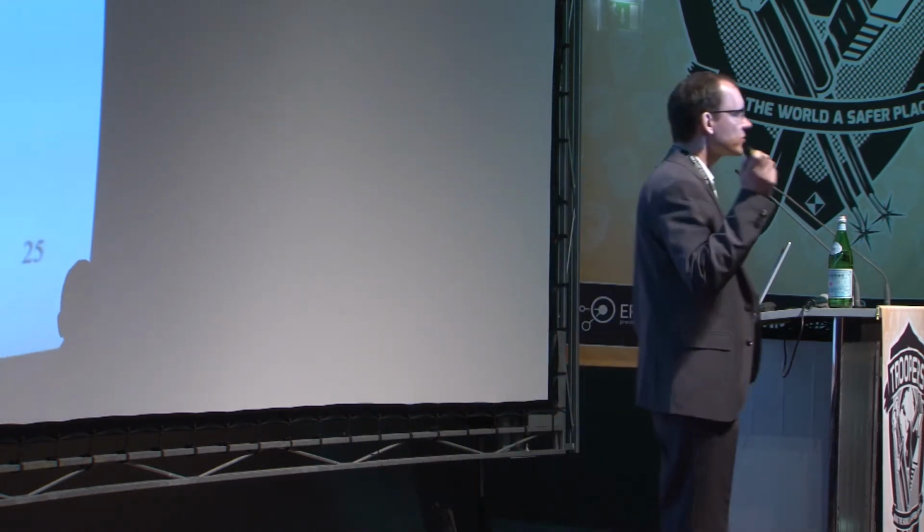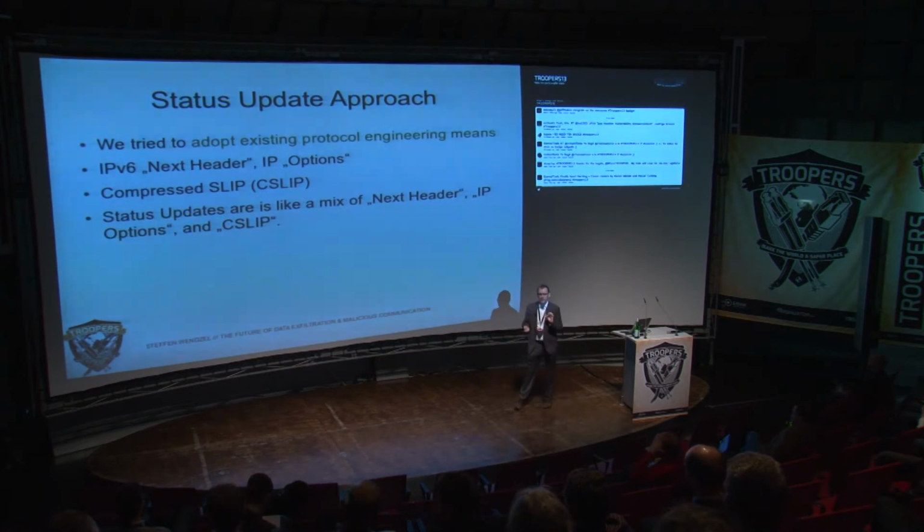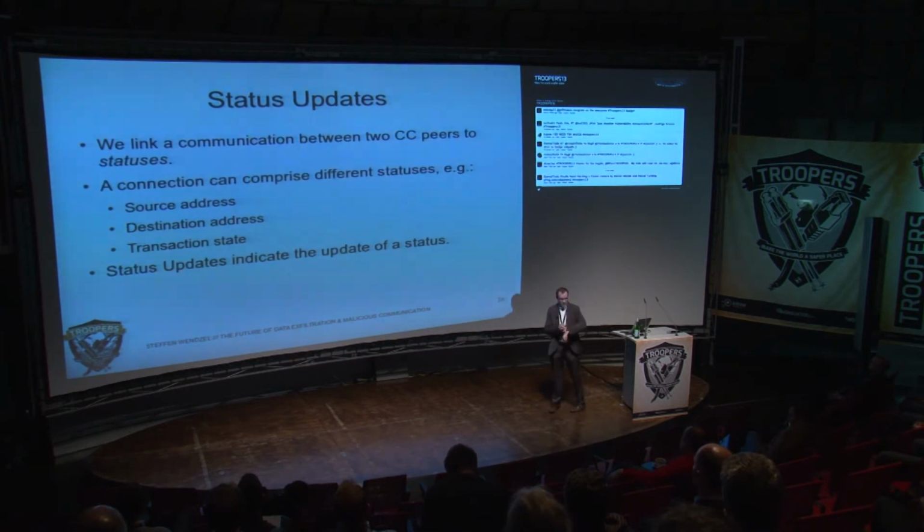Okay. And again, the next task was to shrink the size of the micro protocols. So I again thought, what can I apply? And I always first look at the very old stuff. And I found compressed SLIP. That's, you know, SLIP. It's older than PPP, very old, and C-SLIP is from, I think, 1990. And I just combined the idea of IP version 6 and C-SLIP into status updates.